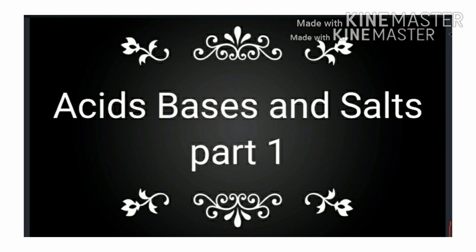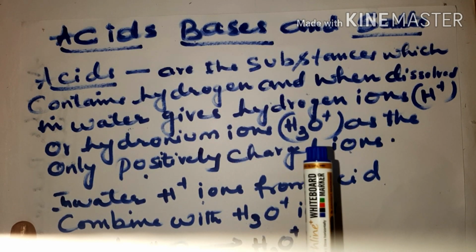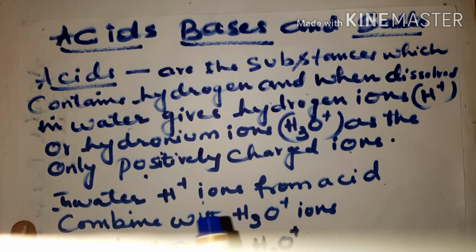In the previous video I gave you chemical equations and reactions, and in this video I'm going to start the second lesson from chemistry, acids, bases and salts. I hope children you have understood the previous lesson very clearly. Today I am going to start acids, bases and salts. In this video you are going to learn the meaning of acids, bases and salts and examples, and in detail about acids, bases and salts we shall learn in the next video.